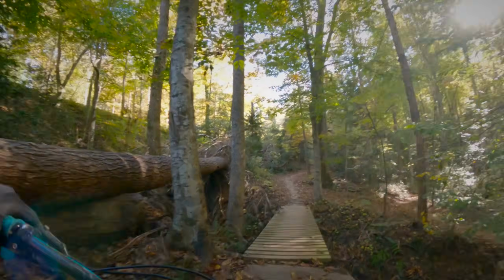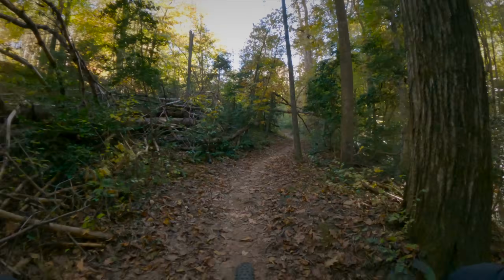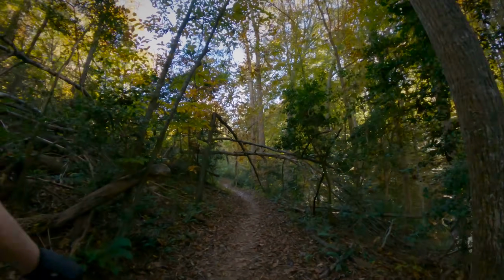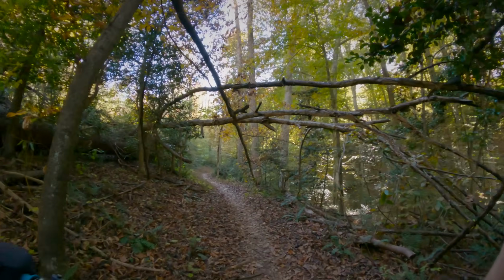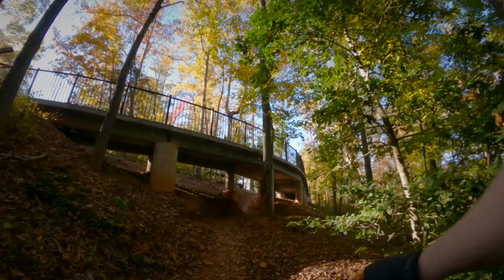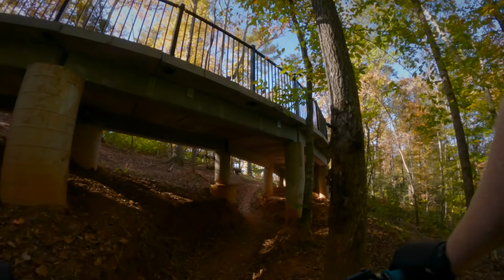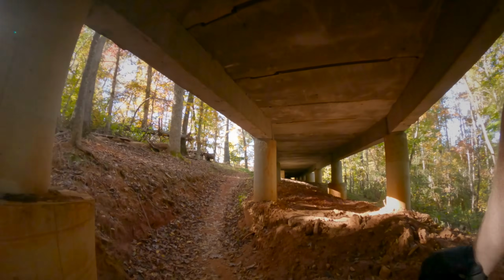So this is the wood bridge that you saw when you were getting to the jumps before. So you can actually cut across and shave off some mileage if you want. Onward. Okay, so a little after trail marker 13, you end up going back under the bridge,